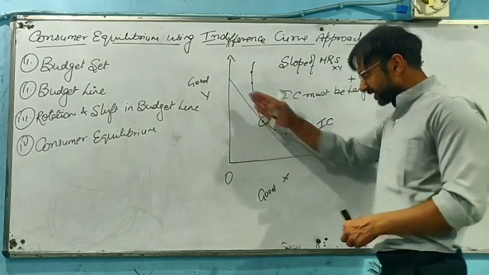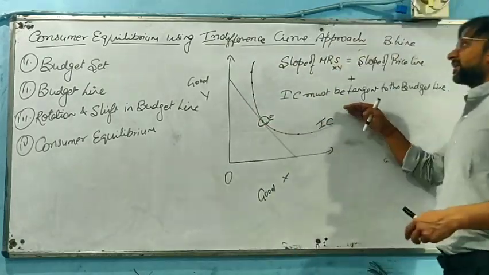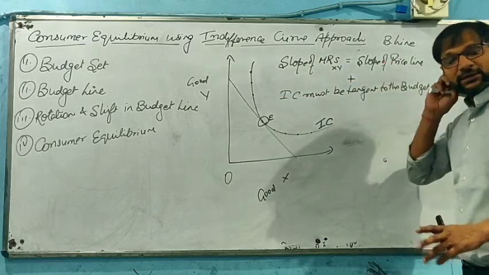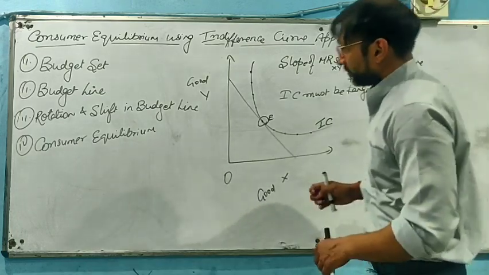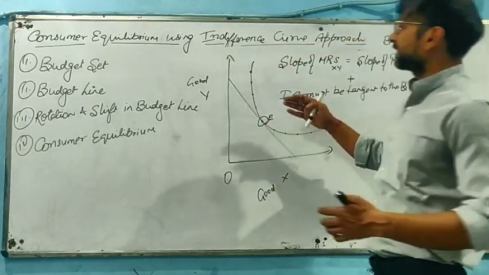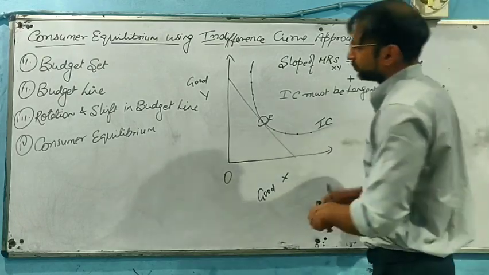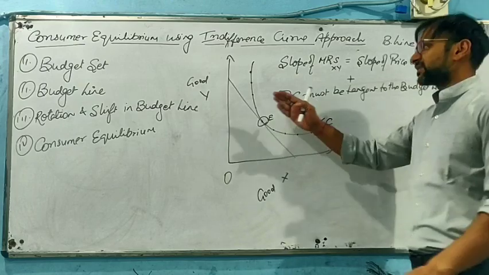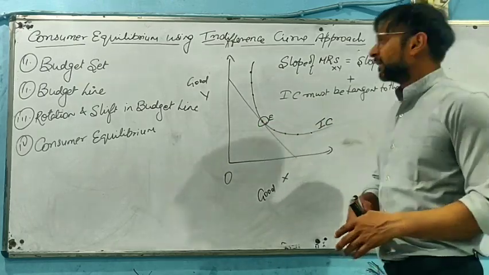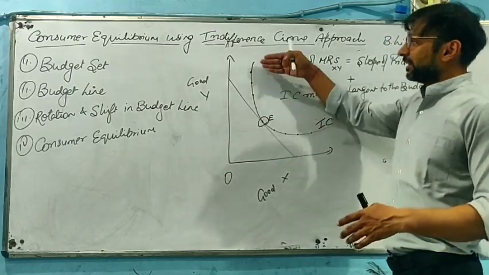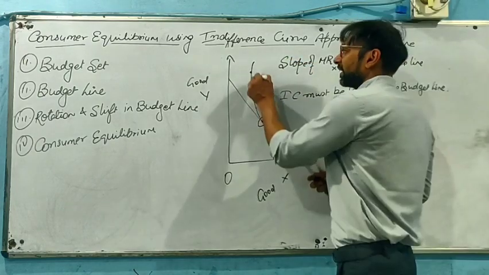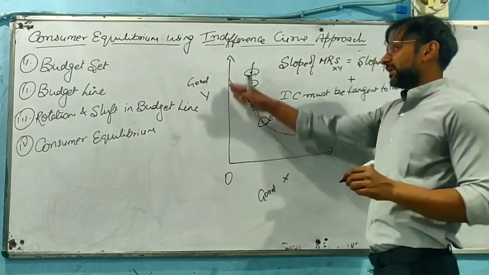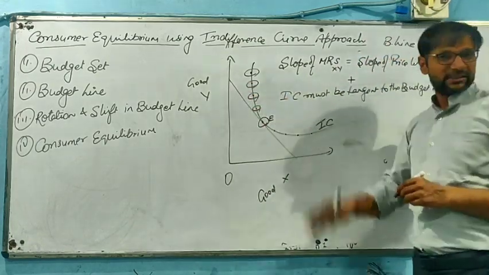The price line is basically a straight sloping line, where the MRS touches it, or MRS becomes equal to the price ratio. Fine. So basically this is the small concept of how an equilibrium can be expressed, since a consumer can buy X and Y. If he starts consuming the two goods, he will be in a state of equilibrium, because as and when he is utilizing at this level, he won't be able to buy beyond this level, since his income does not allow him to go beyond it.